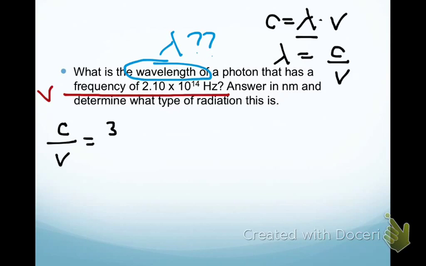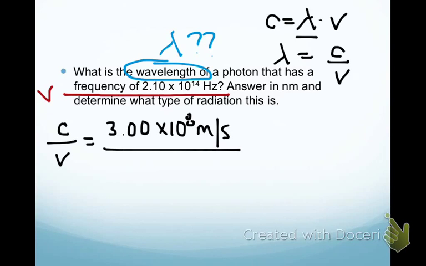Again, I know the speed of light is always 3.00 times 10 to the 8th meters per second. And my frequency, I'm just going to take right from the problem, is 2.10 times 10 to the 14th hertz. So remember, another way to write hertz is 1 over seconds. I want to make sure that our units will cancel in some way. Take a minute and punch that into your calculator. And when you have finished putting that into your calculator, what should come out for most people is something like this,